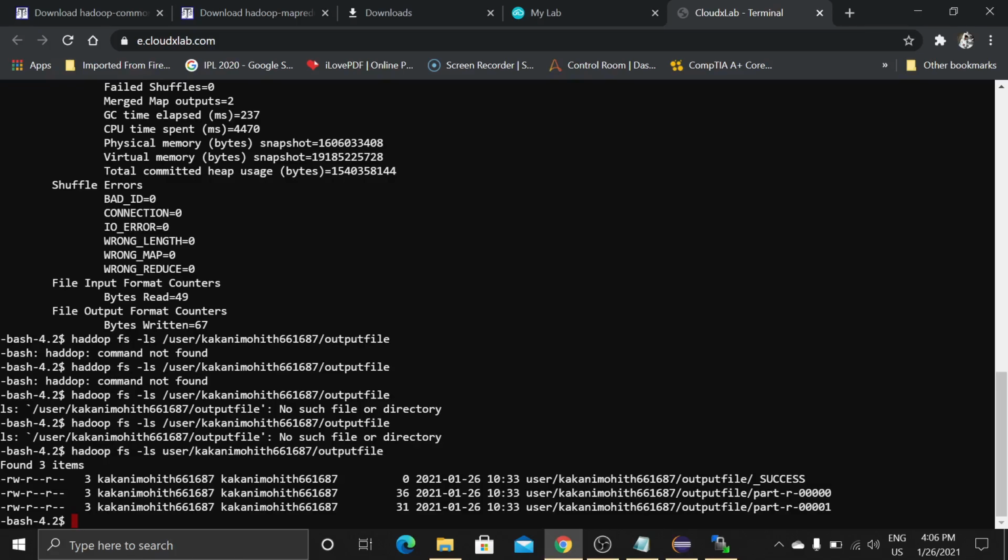Now to see the output, we need to give again hadoop fs. To see the file we should use the cat command. Cat. From here we should type the same.